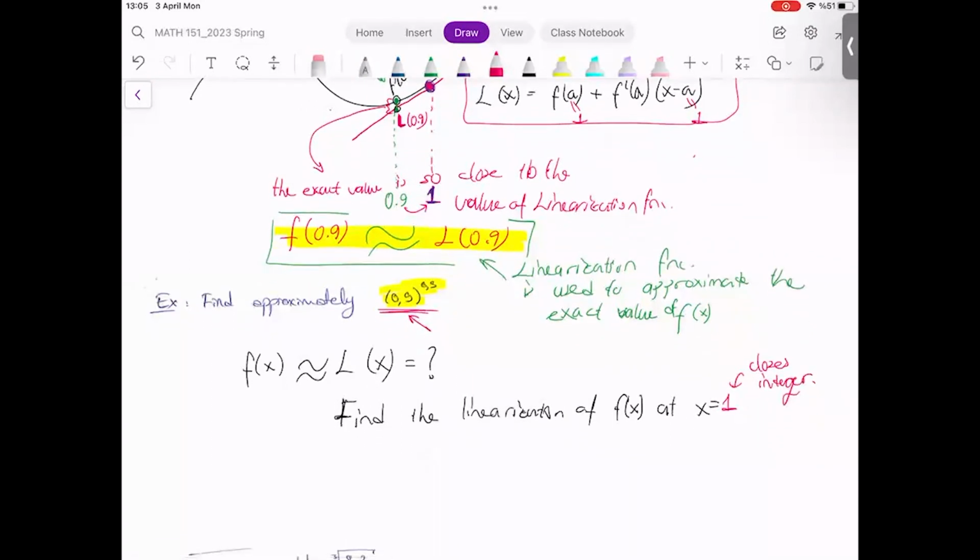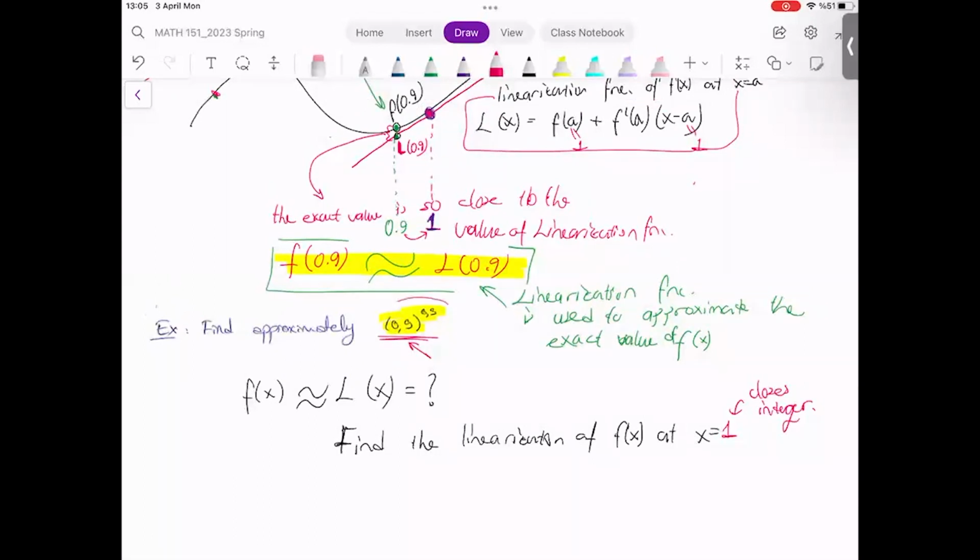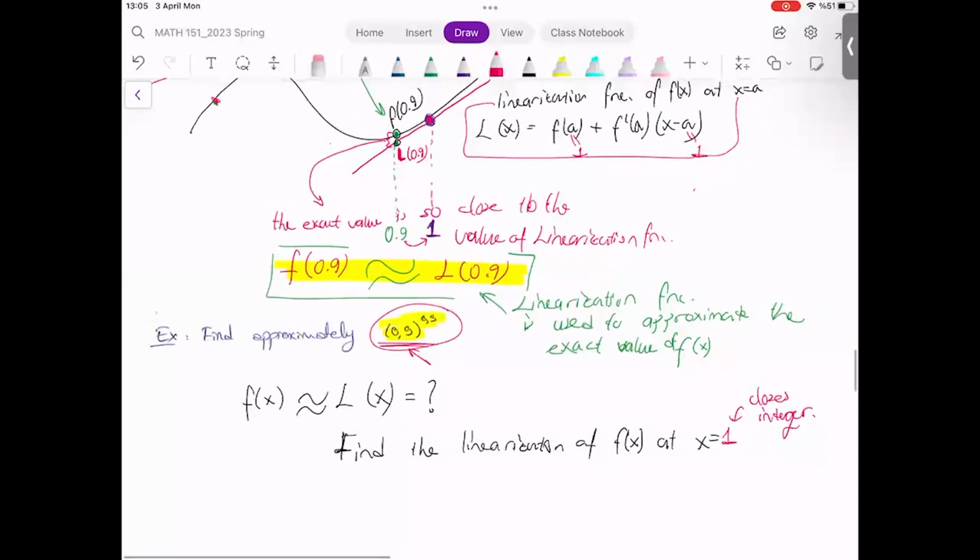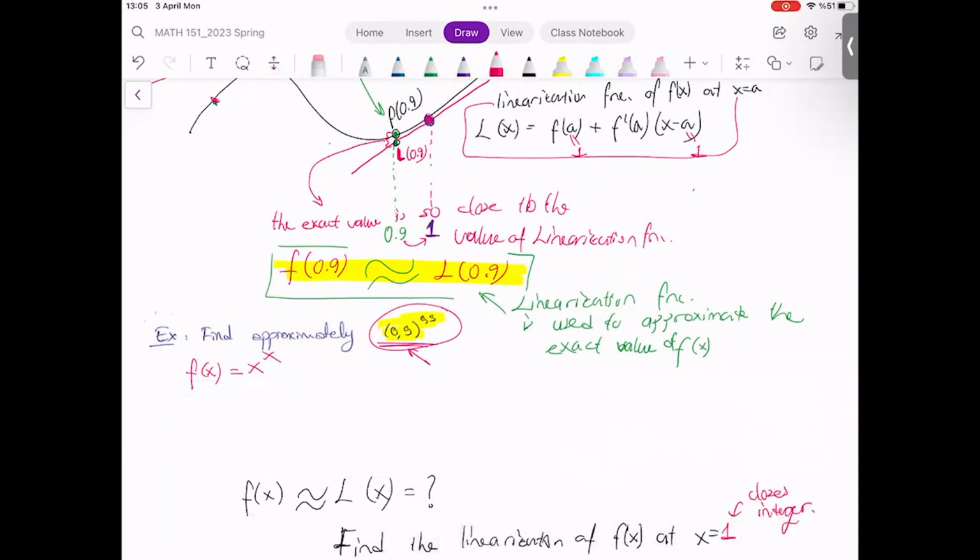By the way, what is our f of x here? You can guess your function by looking at this expression. We will be using f of x as x to the power x. And then, okay, let me create some space here. And then to approximate the value of f